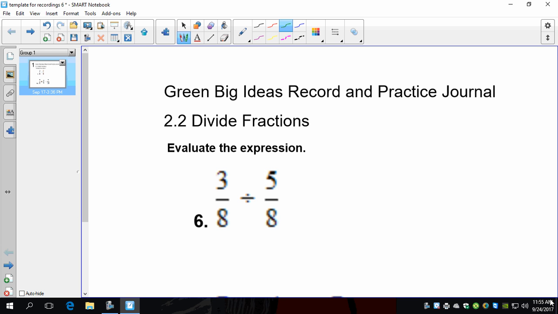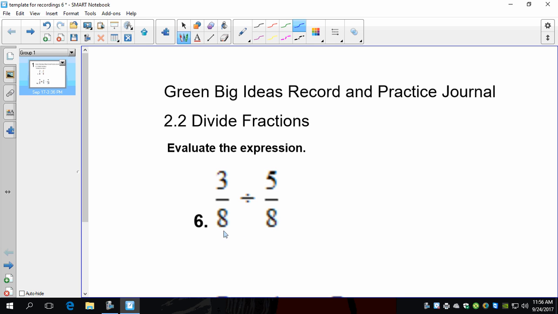We are in the green Big Ideas Record and Practice Journal today. We are looking at 2.2 and we are dividing fractions. This is number 6 in your Record and Practice Journal. It says evaluate the expression. We just have to make sure we follow our rules for